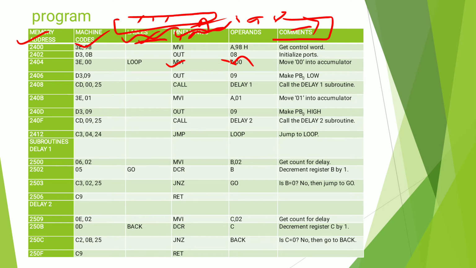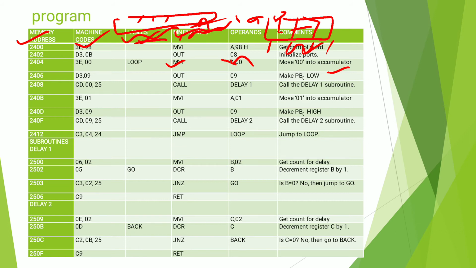Means the last 4 bits of the control word are 1001. This is for upper port C. Port B is 0, so it acts as an output port. Now CALL DELAY 1. Call the delay 1 subroutine.